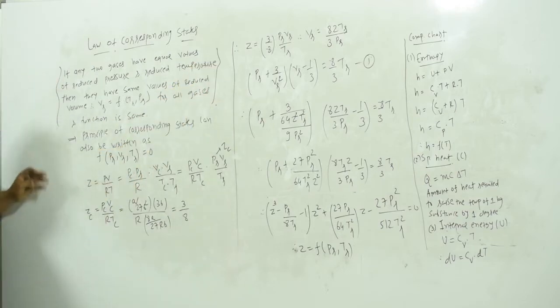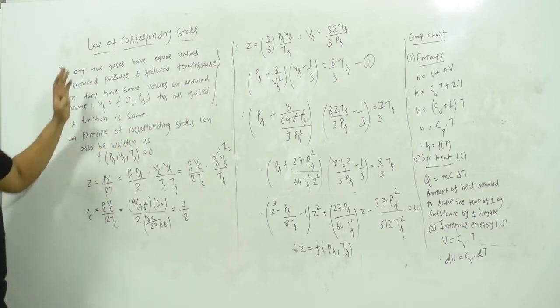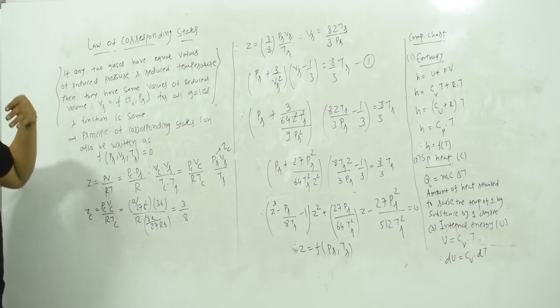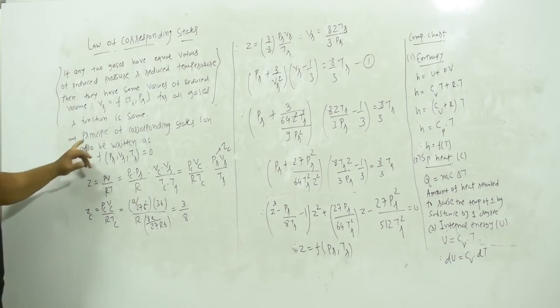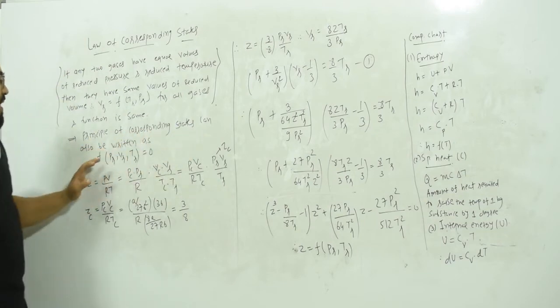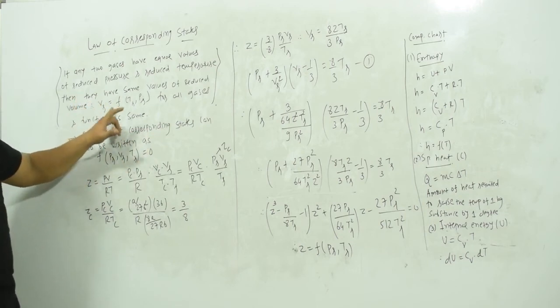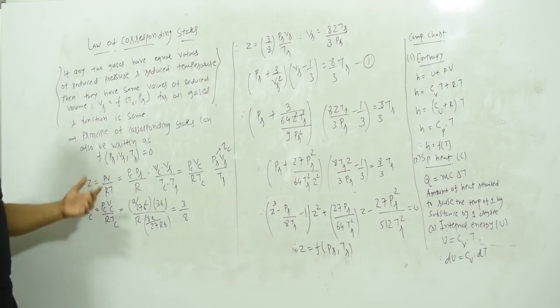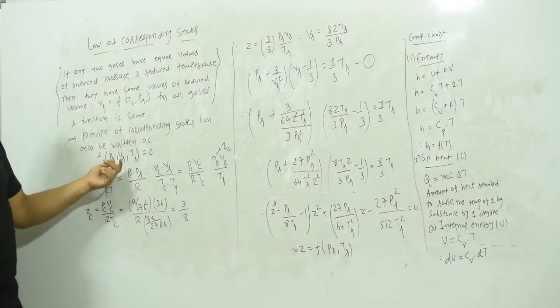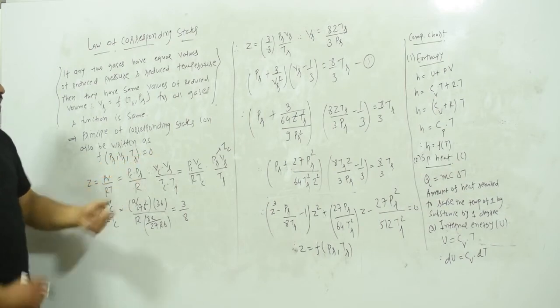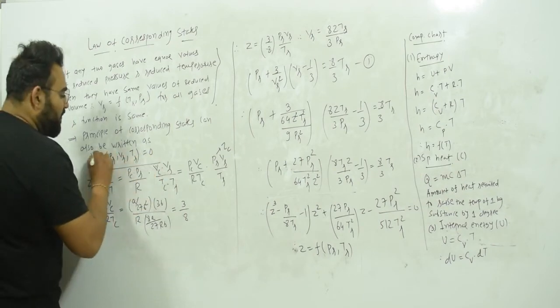Okay, now we are going to derive this theory into mathematical form. The principle of corresponding states can also be written as follows. Here we wrote Vr equal to a function of Tr and Pr, so we can also write this law in the form: function of Pr comma Vr comma Tr equal to 0. So it can be written something like this.